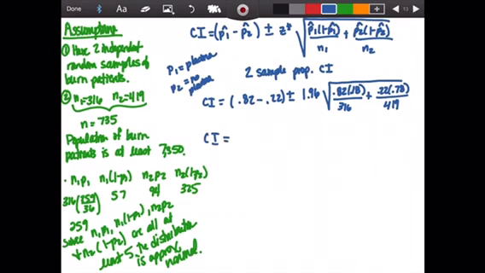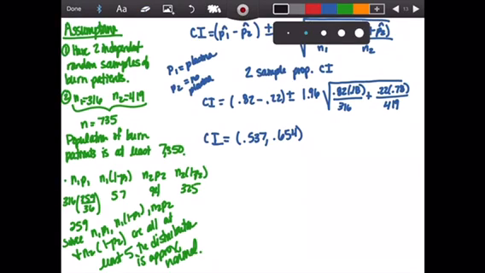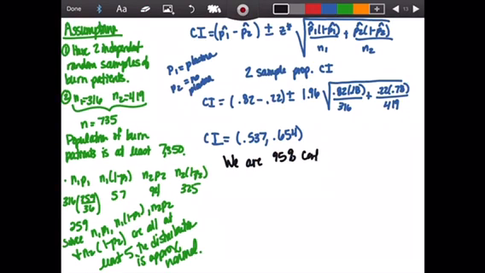And so we can calculate this confidence interval is going to be between 0.537 and 0.654. And then our final step here is our conclusion. Remember, this is a confidence interval for the difference in proportions. We were 95% confident, and we're predicting the true or the population. So we can say that the true or actual or population difference in proportions